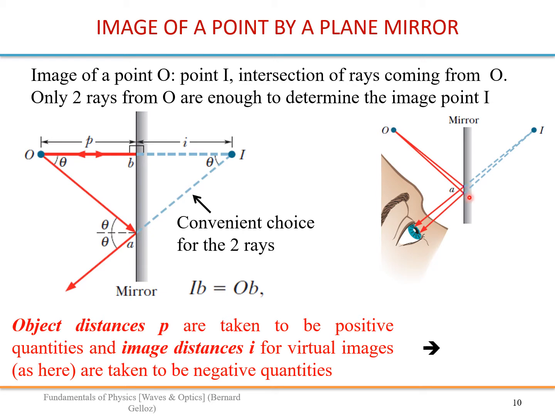So you see that we are looking at the intersection of the rays coming into your eye to find the image. But you see that because there is stigmatism, all the rays converge at a single point. So you need only 2 points, 2 rays. Right? So only 2 rays is enough to find your point.